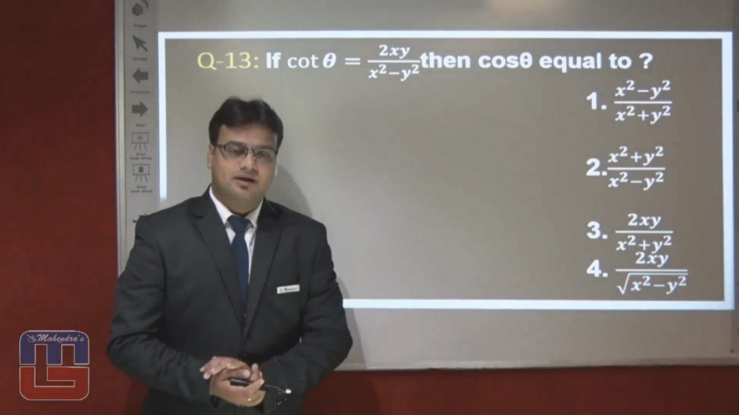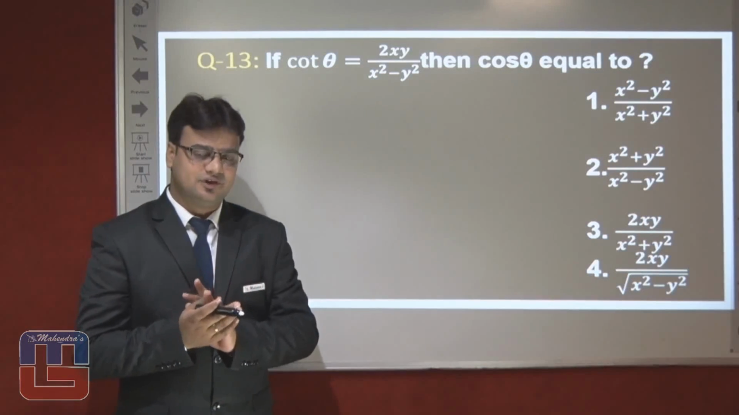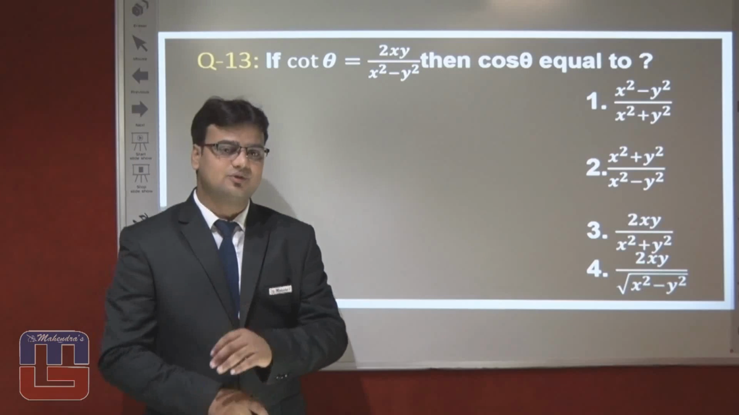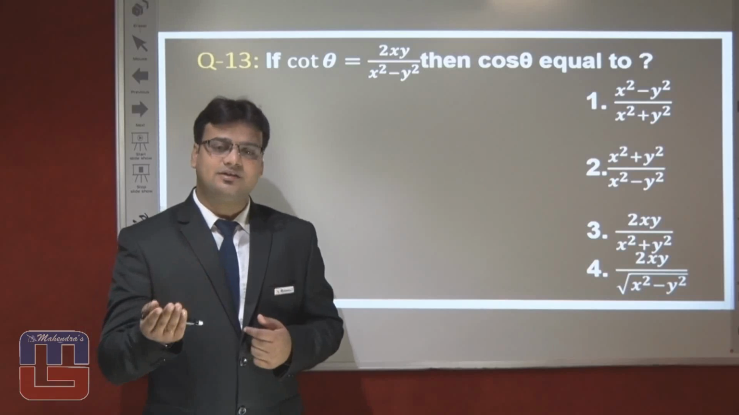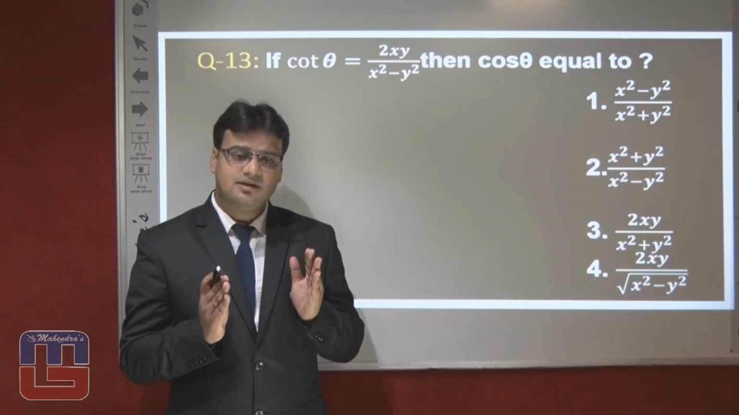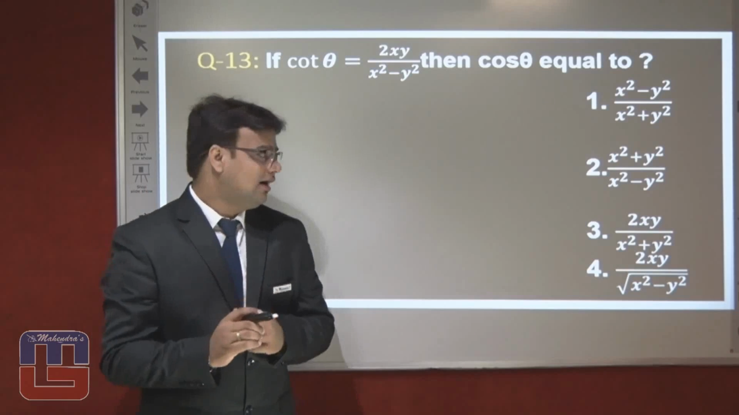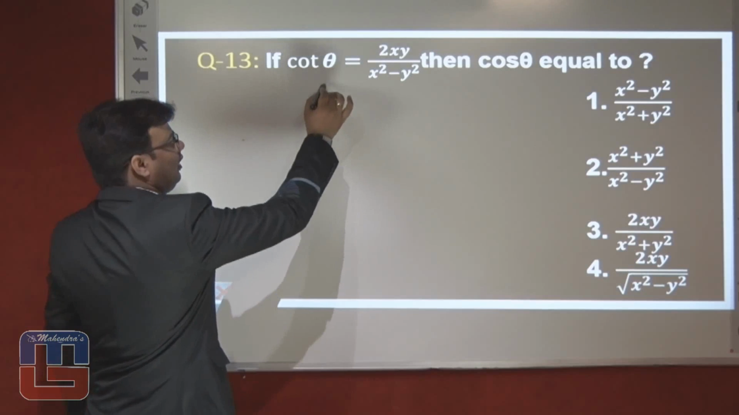Here, it's uses of trigonometry. Cot theta is equal to 2xy upon x square minus y square. Then find the value of cos theta. Here, it's a basic use of trigonometry. Just simple. All of you know, cot theta is equal